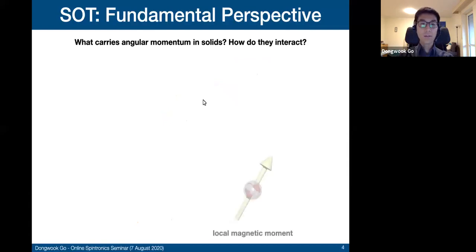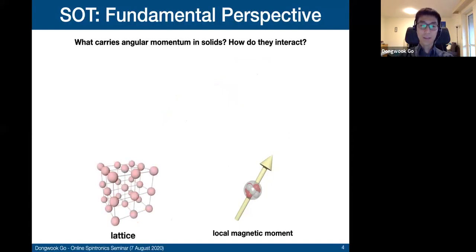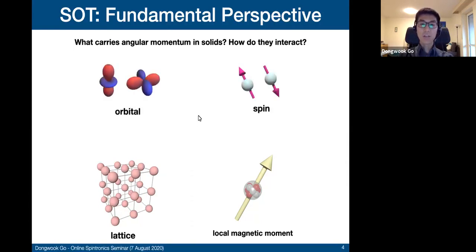So in solids, first of all, we are dealing with magnetism. There is a local magnetic moment in localized d states, and also there's angular momentum in the lattice by mechanical motion of the lattice, or phonon angular momentum. And importantly, in spintronics, we have a very important player, which is the electron, the charge carrier, and it carries orbital angular momentum and spin angular momentum. The orbit and spin of the charge carrier are coupled by spin-orbital coupling, and the spin of the charge carrier is coupled with local magnetic moments by exchange interaction, such as RKKY-type interaction in